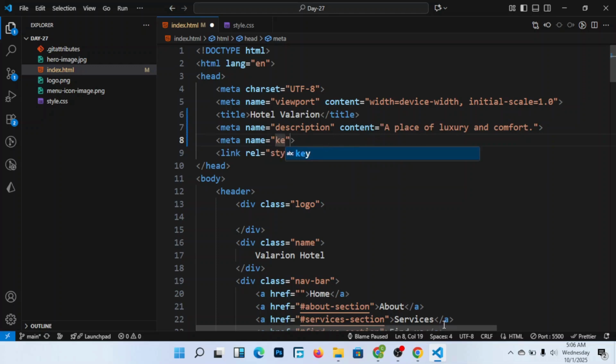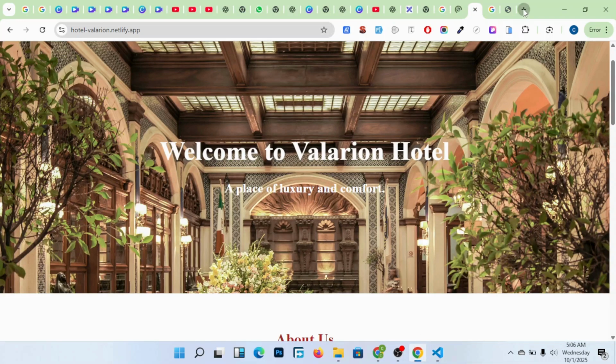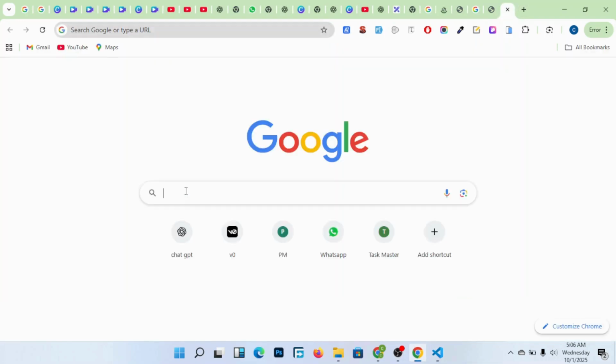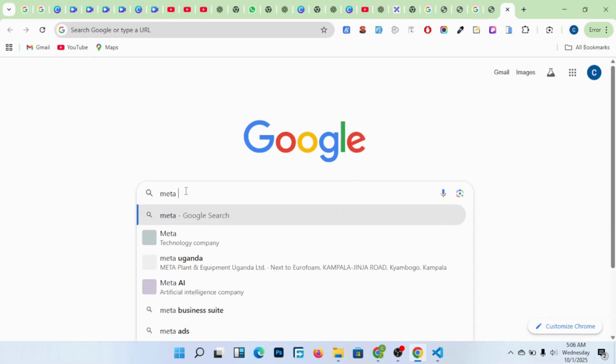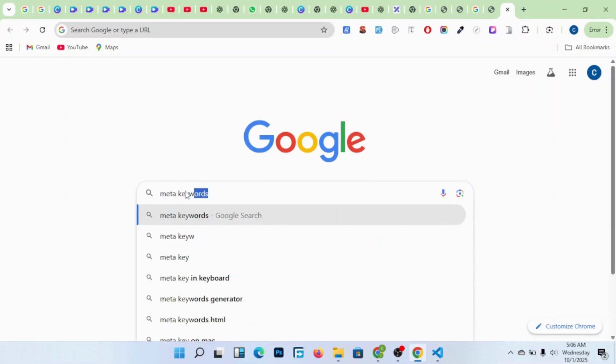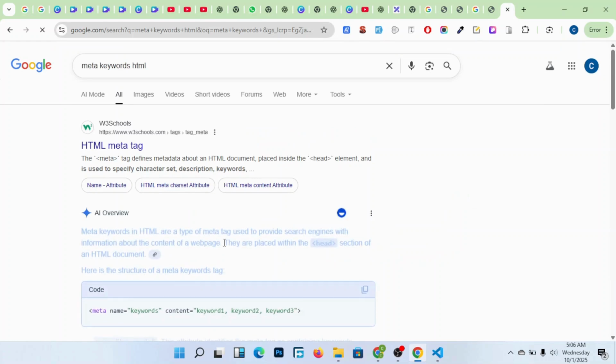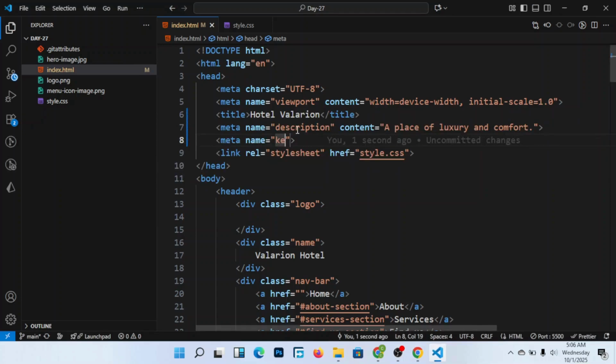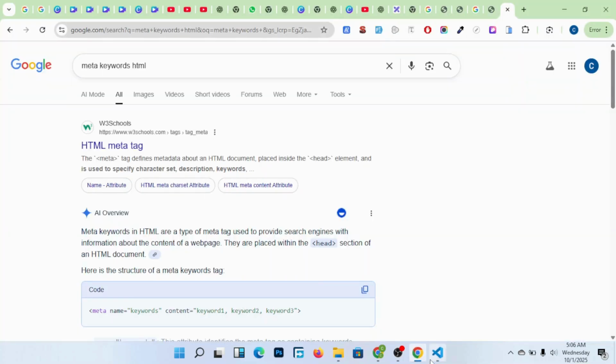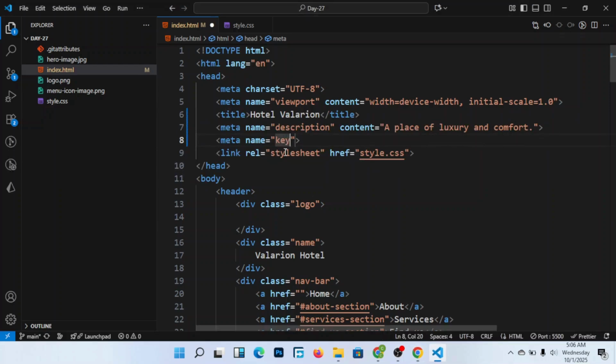I'm confusing it with something else, so let me first search something small. Meta keywords HTML, and we see how keywords are written in HTML. Meta name keywords. Okay, it's like this. So members, you can see here we have keywords.